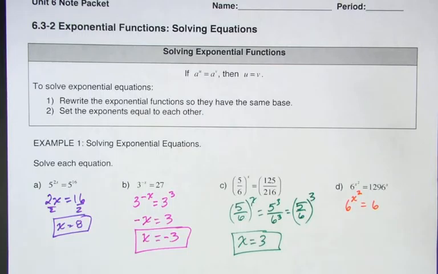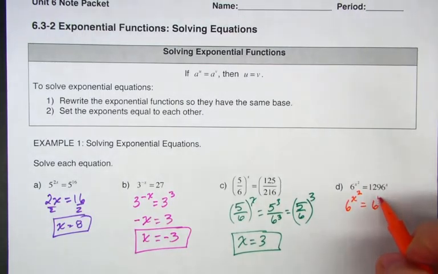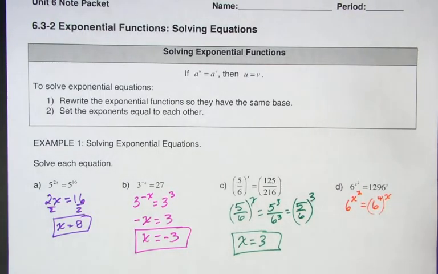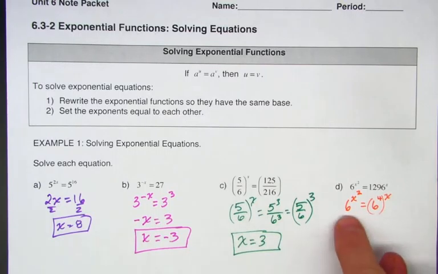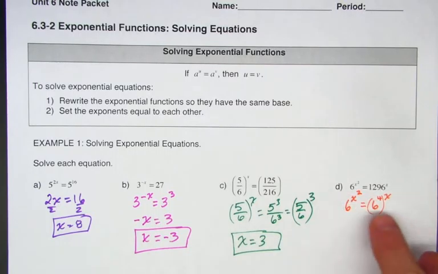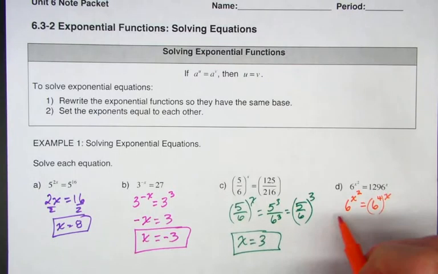To the fourth. All right, so we have 6 to the fourth to the x, but anytime you have a power raised to a power, what do we do with the exponents here? Yeah, we multiply them. So we have really 6 to the x squared equals 6 to the 4x,